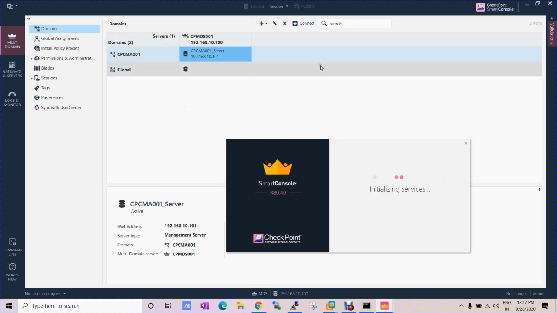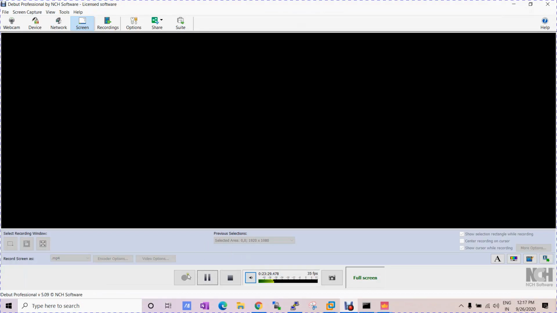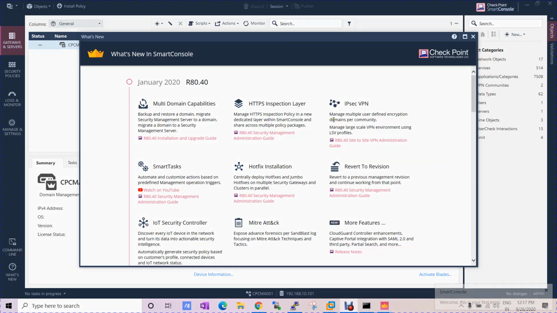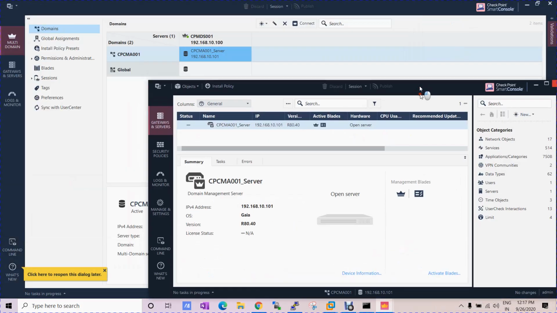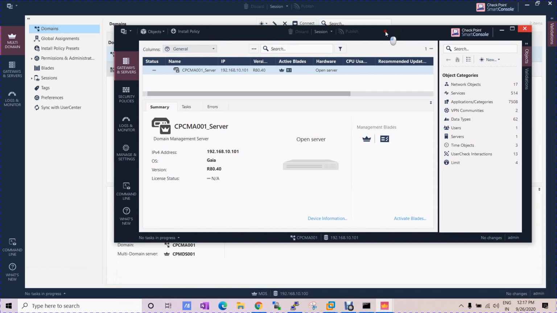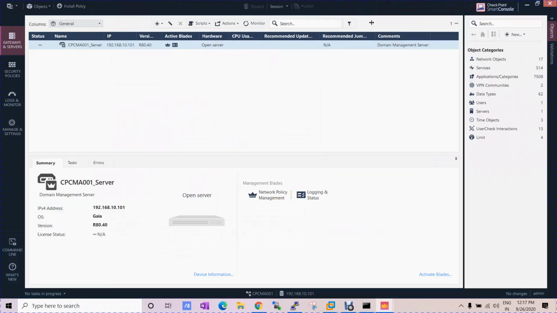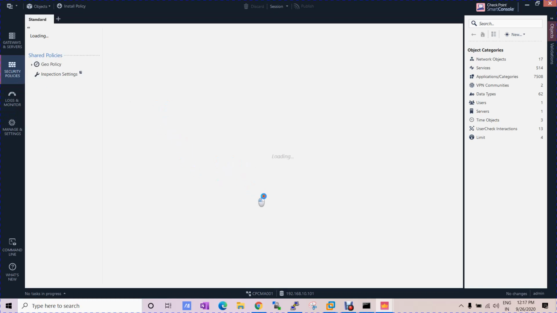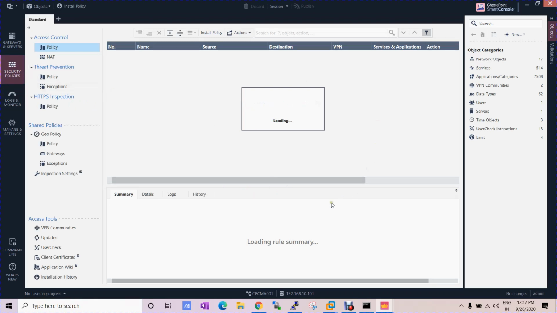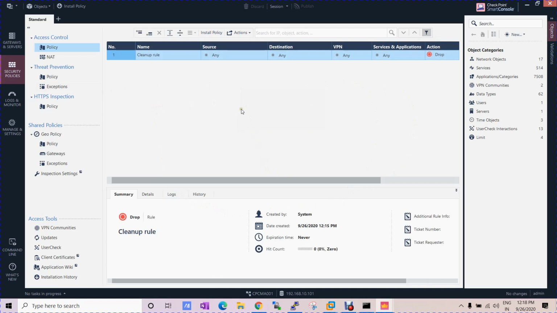And we have multiple options here. So after clicking on that, you can see I am able to access it. So this is my CMA, and earlier I configured the MDS. So here I can push the policies, I can create multiple policies, I can create multiple VSX as well. So it is a similar configuration to what we use to configure the Smart Management.